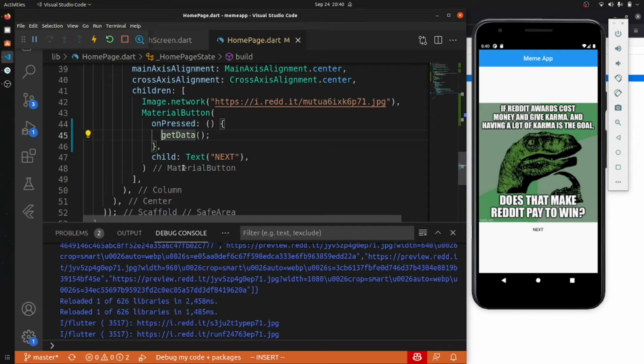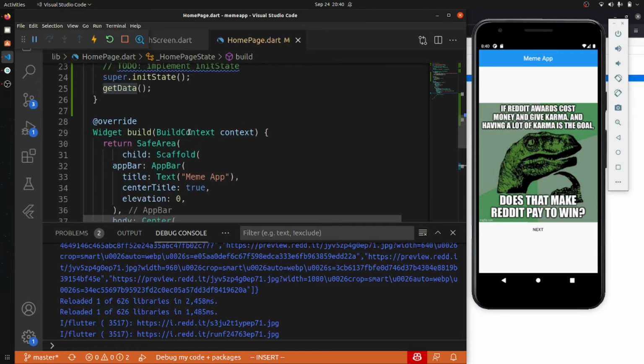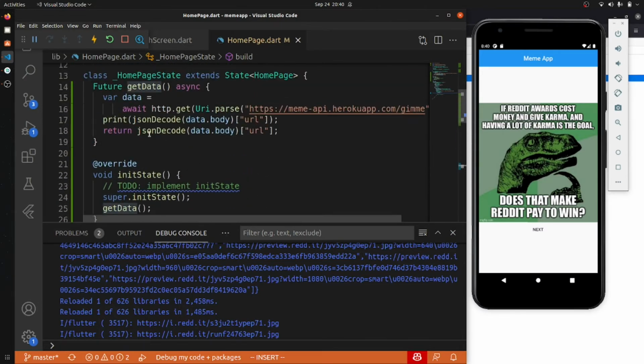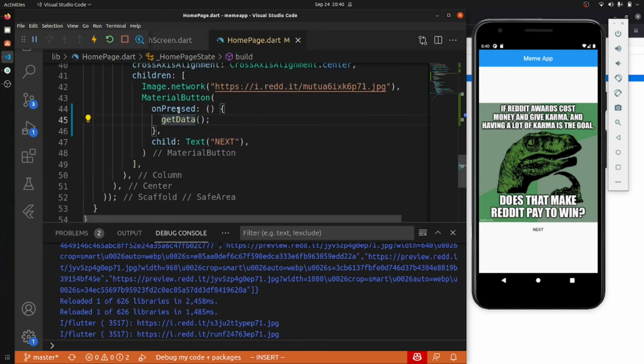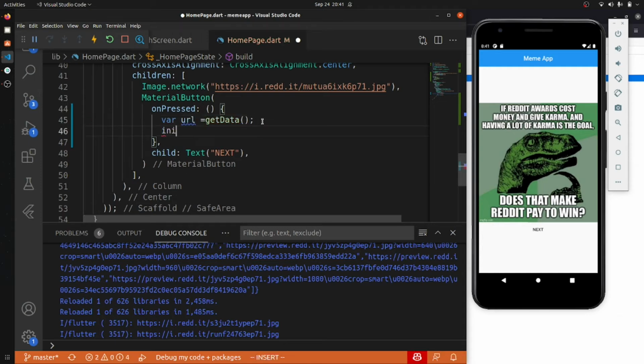This is returning us a URL. So firstly, we will store this thing in a variable. So we got this URL, and now we will just say init state.